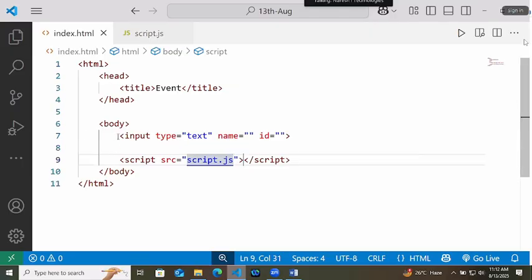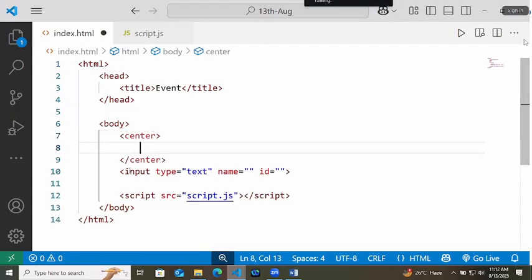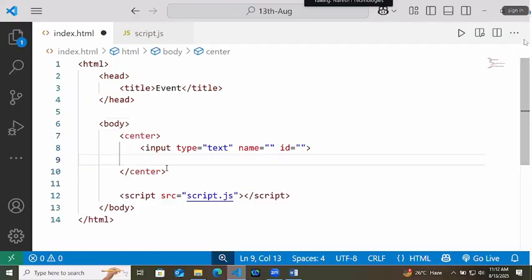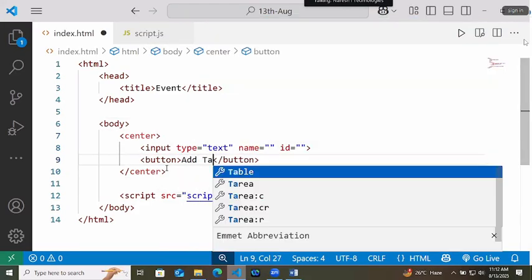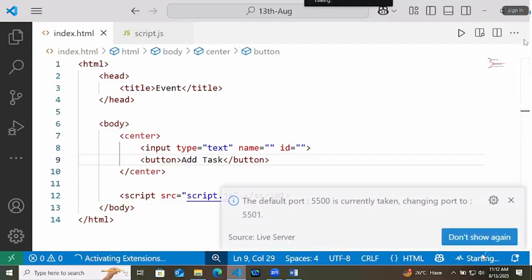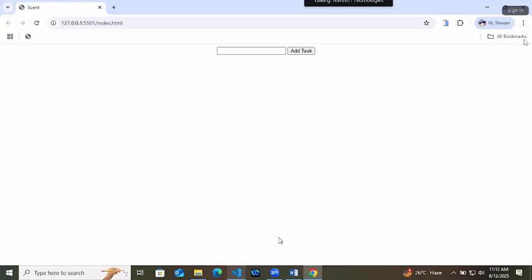Here we have created an input box, and below this input box I'll create a button, add task. And the same question is asked in Oracle, Intel, and IBM.